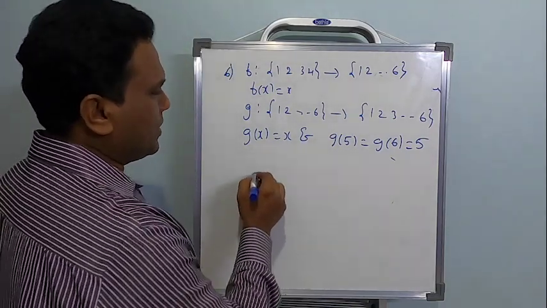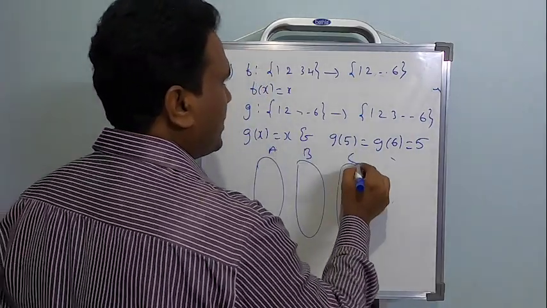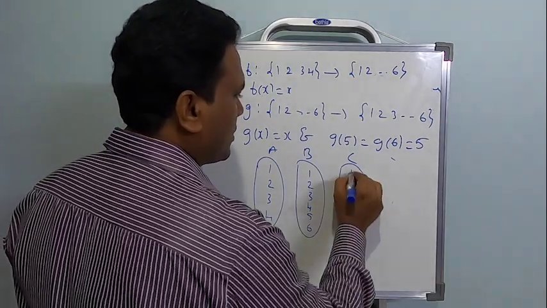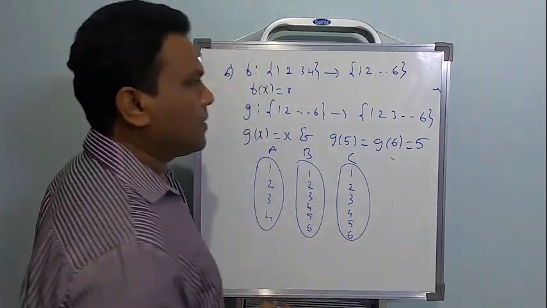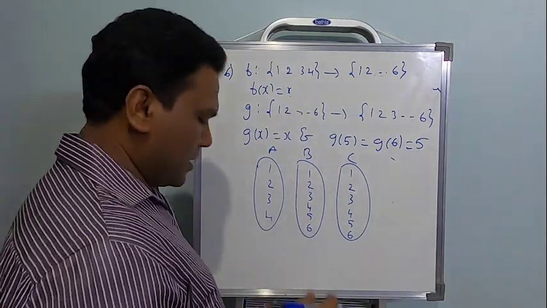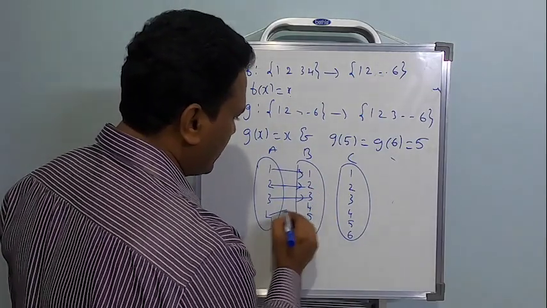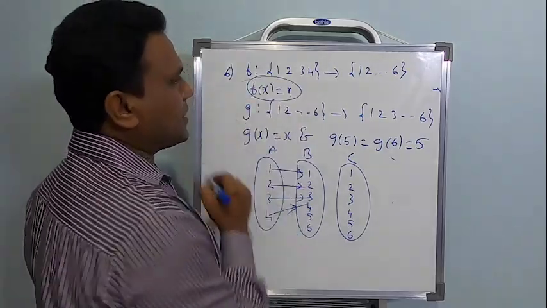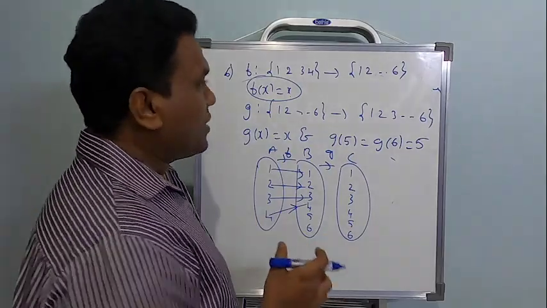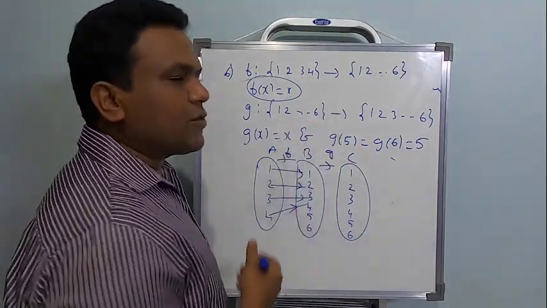Now the composition of the function I am going to explain with set A, set B, set C. 1, 2, 3, 4, then 1, 2, 3, 4, 5, 6, then 1, 2, 3, 4, 5, 6. According to the definition, f of x equal to x, correct. Then the image of 1 will be 1, image of 2 will be 2, image of 3 and image of 4, because f of x equal to x. Similarly, there is one more function g. g is also g of x equal to x, but with a little bit of change. This is a condition which I have imposed on g.